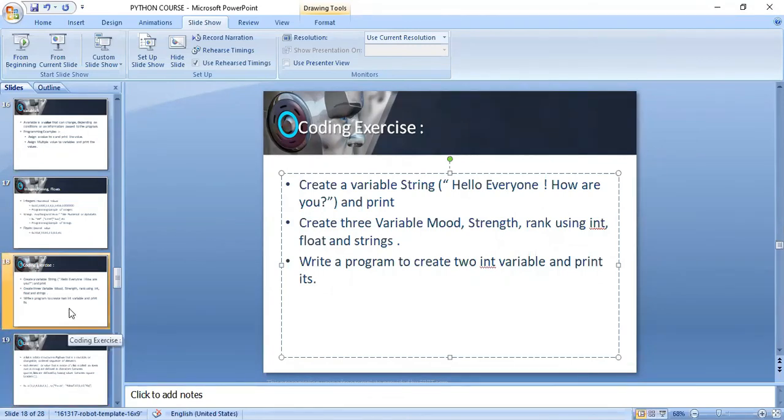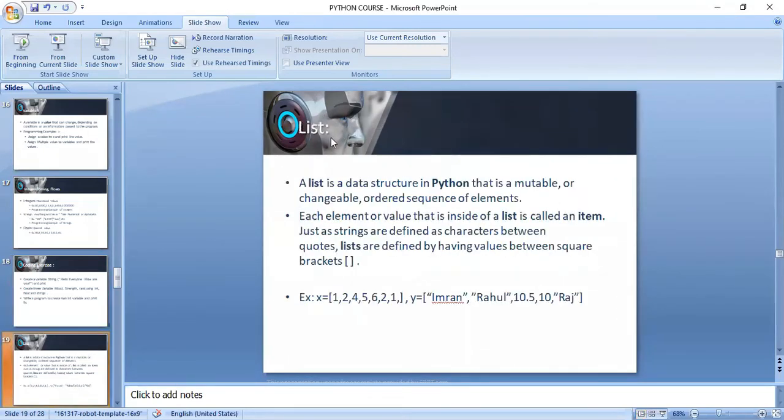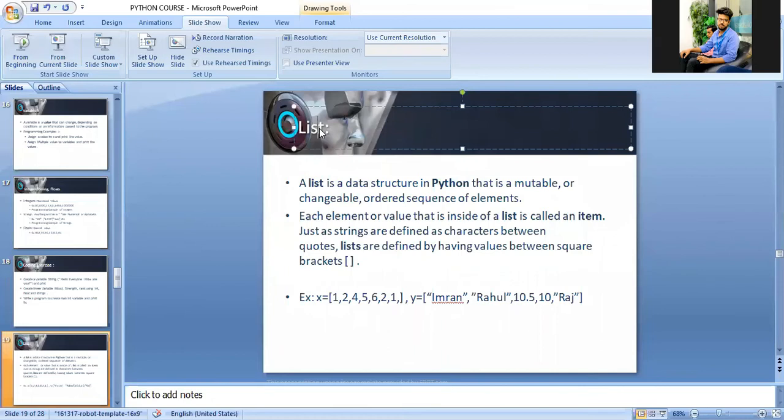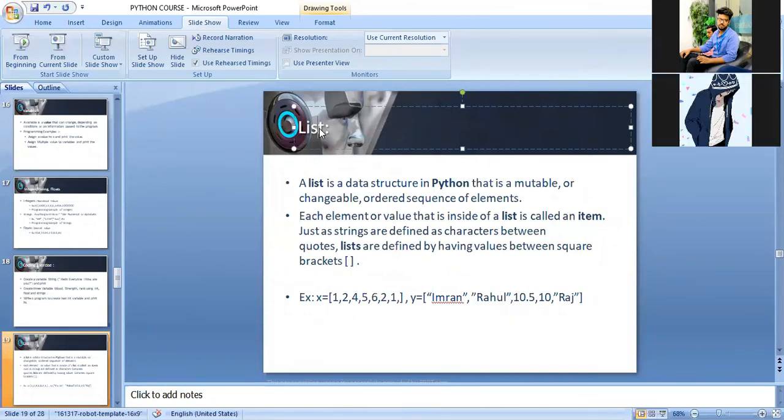One more thing that we need to discuss today is list. What is a list? Don't read the slide. Just explain what you know about list, in simple words.